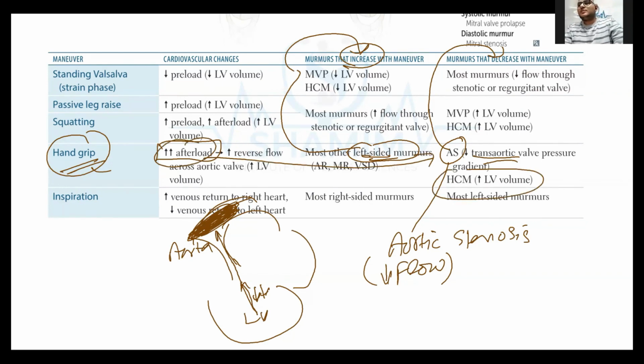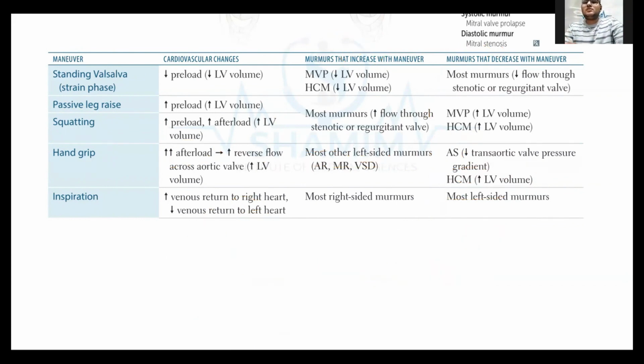इसी तरह सेम एचसीएम, हैंड ग्रिप की वजह से आफ्टर लोड बढ़ता है, और जब आफ्टर लोड बढ़ेगा तो लेफ्ट वेंट्रिकल कम ब्लड बाहर फेंकेगा। मैंने आपको यह मैकेनिज्म भी समझाया, जब ज्यादा ब्लड रहेगा इधर तो HCM का मरमर भी कम हो जाएगा। ठीक है, HCM और माइट्रल वाल्व प्रोलैप्स को चाहिए कि ज्यादा लेफ्ट वेंट्रिकल में ब्लड इकट्ठा रखें ताकि उनका मरमर कम हो। तो इस तरह आप रिमेंबर करें।